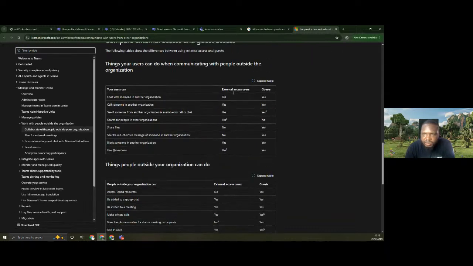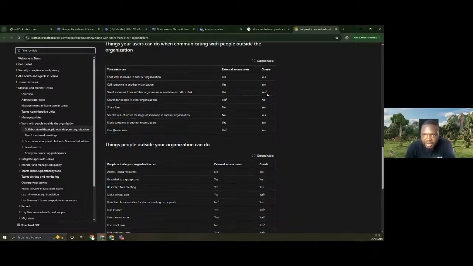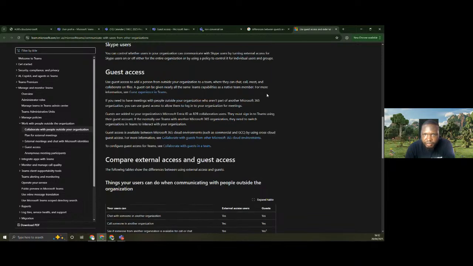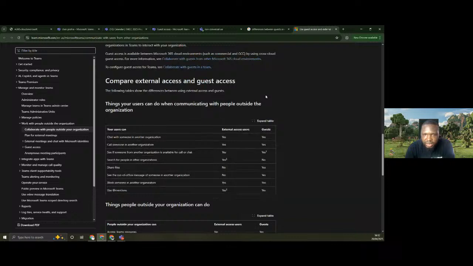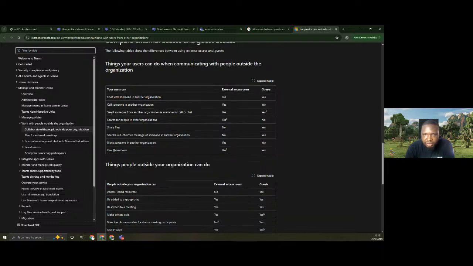So the differences between external and guest access, right? If you look at this, you will see that a guest can chat with someone in another organization, yes and yes. Call someone in another organization, yes and yes, right? And see if someone from another organization is available for call, yes and yes, based on condition.